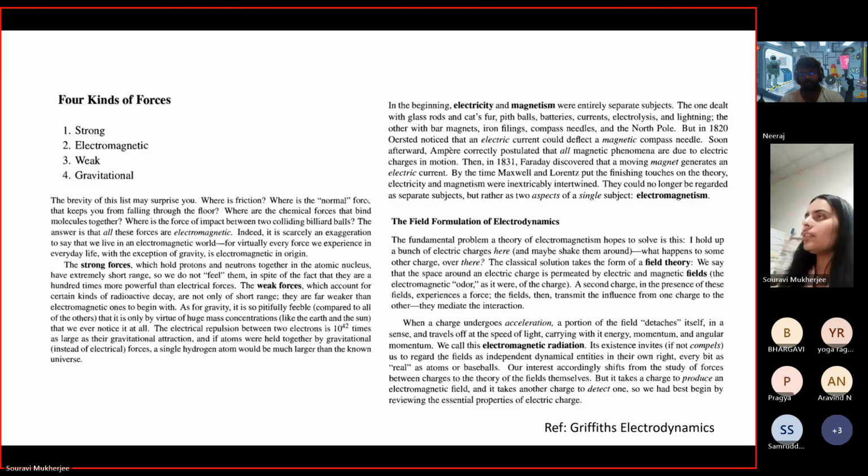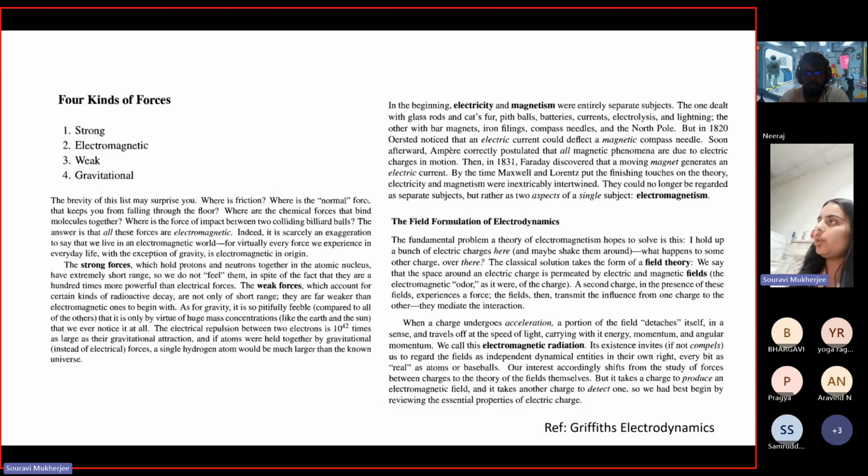As we proceed, we'll talk about radiation as well, where we talk about accelerating charges and how when a charge accelerates, it radiates. And how one can collect that radiation, what the different aspects of antennas are. There are many aspects we'll see as we proceed in the course. To start with, we would look at how one can define a field, and what quantities are used to define a field.